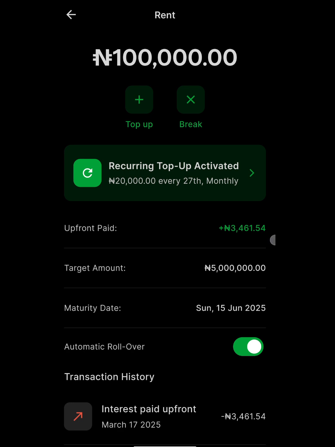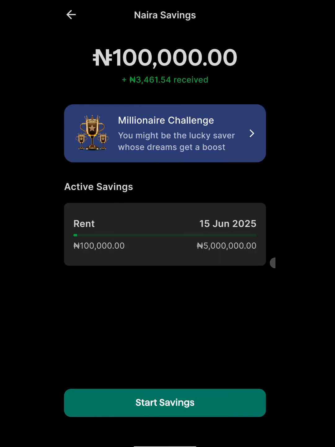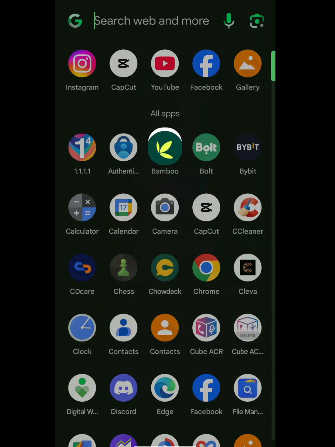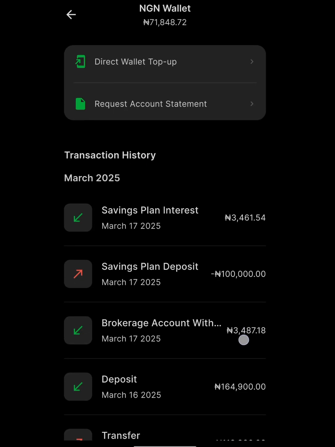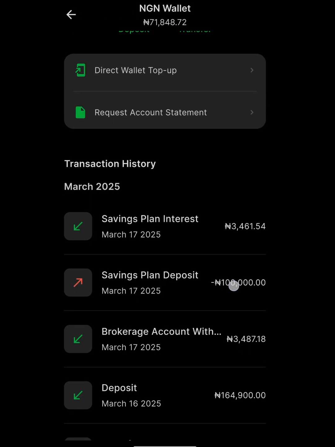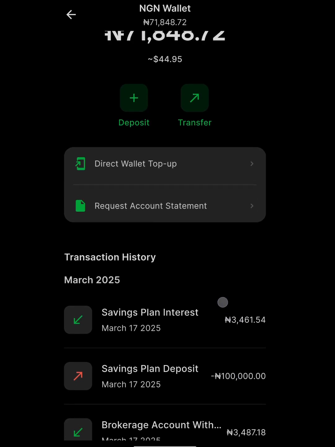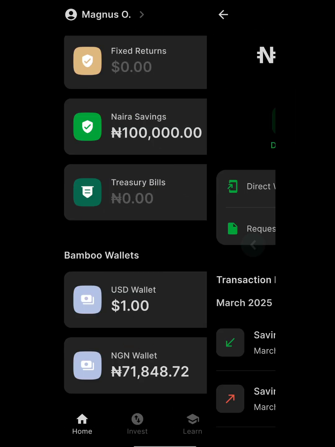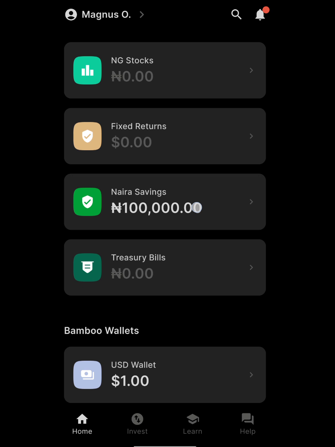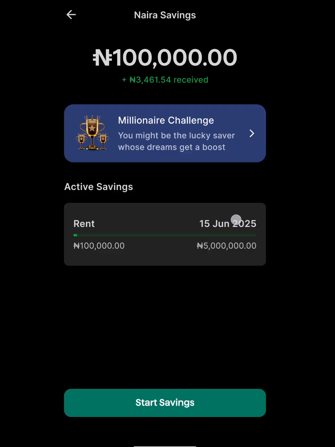But let's see if they really took 100,000 Naira from my Bamboo wallet. I'm going to open the Bamboo app again and go and check my Naira balance. Here in my account as well, you can see they took 100k and then they gave me 3k. Where's the 3k from? Well, the 3k is basically the interest that I have already accrued up here